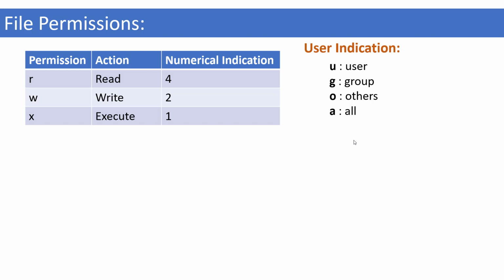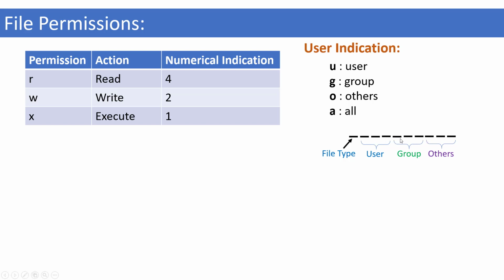Next, if we take the file permissions section for any file, it will have 10 fields. Each field represents a different purpose. Here you can see those 10 fields and their purpose. The first one represents the file type. By observing the first field, we can say whether it is a normal file, a directory or a symbolic link. The next three fields are for user, the next three fields are for group, and the last three fields are for others. Why are there three fields for each category? These represent read, write and executable permissions. In every category, these three permissions are common.